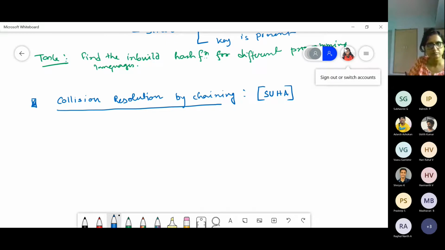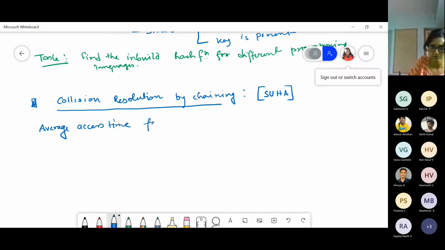So when you are searching a key and that key is not present in that table, then you have one kind of average access time. So we want to find the average access time